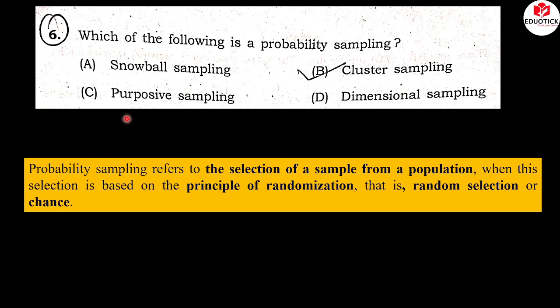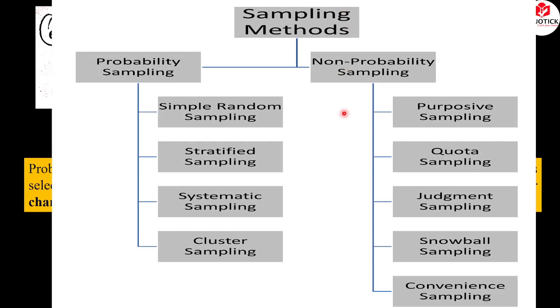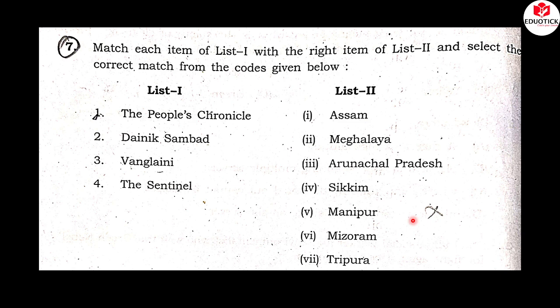I'm explaining you other things also, because it's not enough to only know the question and only the answer. You should know it in detail, like other options also. About other options also you should know, because there is a high chance of other questions related to these things coming. So you should go in detail in every question, not only the question and answer. You can note all this down, and you can go through the non-probability sampling methods also in detail. So the next question is,